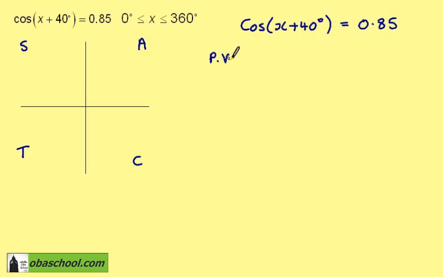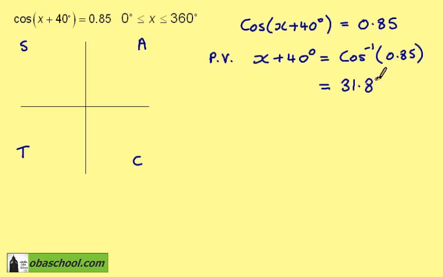The principal value is then obtained for x plus 40 degrees by doing shift cos, or inverse cos, of 0.85 on the calculator. And this gives us 31.8 degrees to 1 decimal place. We can put that onto our CAST diagram,